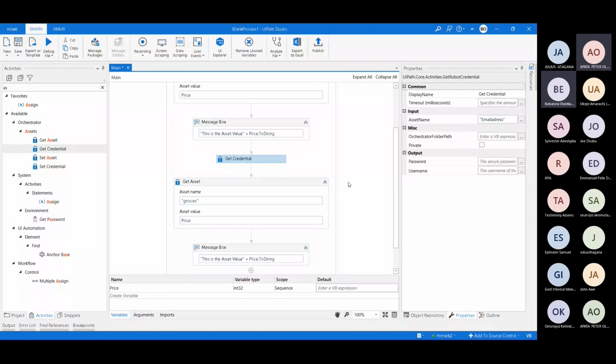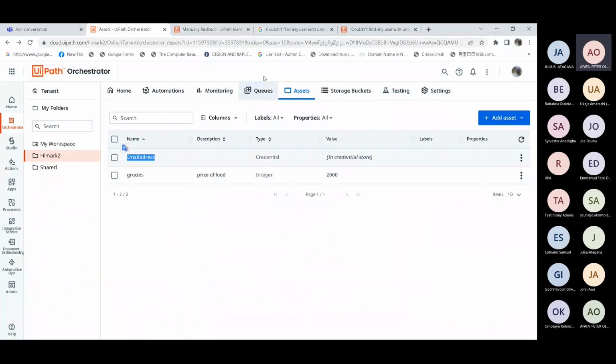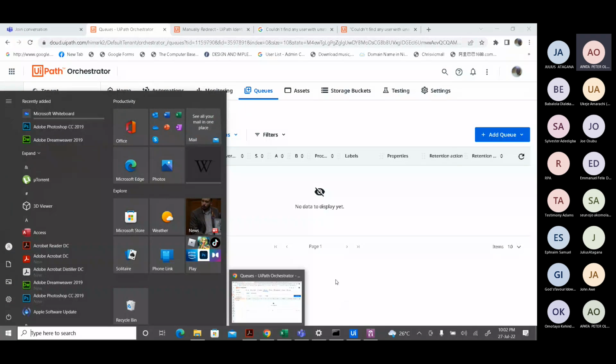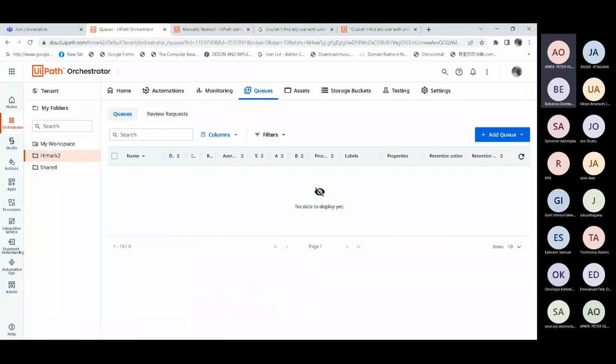Then quickly, we'll just go to the queue. I've been able to cover everything in assets. The other ones you just do on your own to see what you get around that. So with this, should we call it a day or should we go on with the queue? Let's go on with the queue, sir.